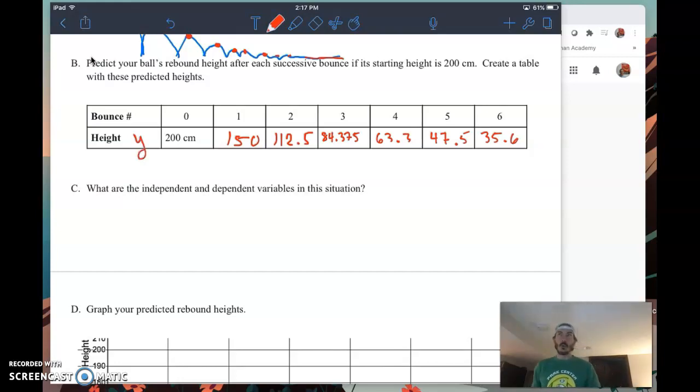And it's going to depend on the bounce number, because the more bounces I have, the longer it's been since I've had that initial energy act on the ball, that initial drop of 200 meters, right? However high up it bounces, the rebound, is going to be based on however high up it bounces. And the more times it's bounced, the less that height is going to be. So that's why my bounce number